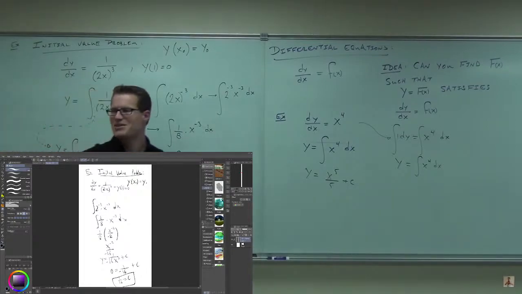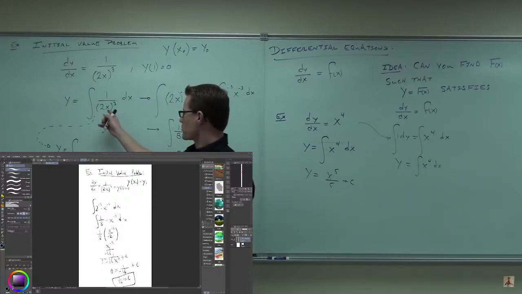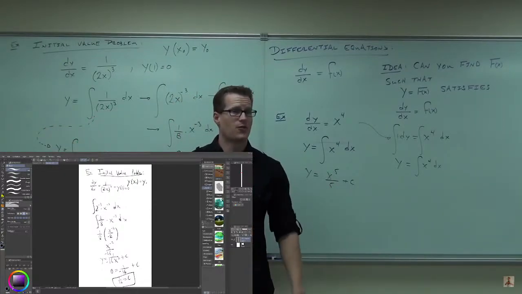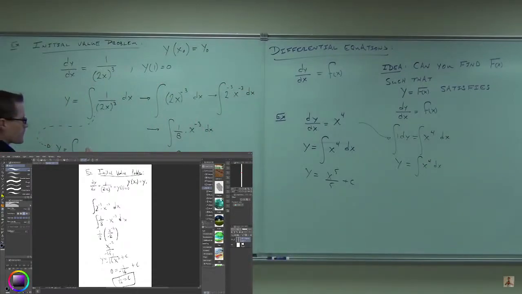Since you can't really do anything fancy yet, you don't know how to deal with parentheses at all, do you? There's been no such thing as parentheses. Maybe deal with that first and go, oh, well, this is 1 over 8 x cubed. Yes? You follow? Then does the 8 move to the top? No. It's just the x to the third. That's the integral of